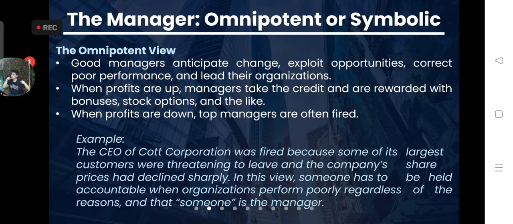So, to have more idea about this kind of view, it isn't only limited to business organizations, because it can also apply to sports, such as team coaches. For example, in a sport, when the performance of a team is bad, usually the coach is fired. So that is just an example of the omnipotent view. Then next,